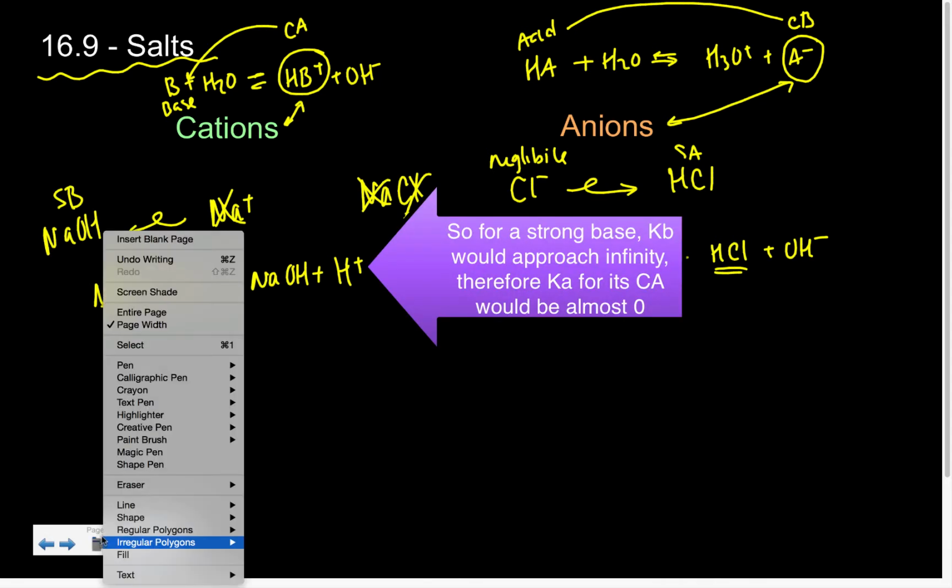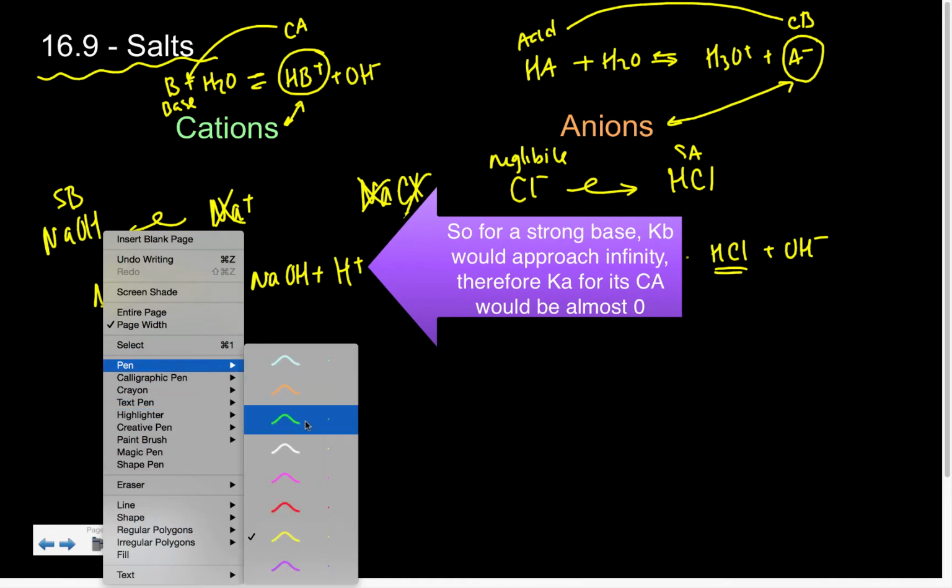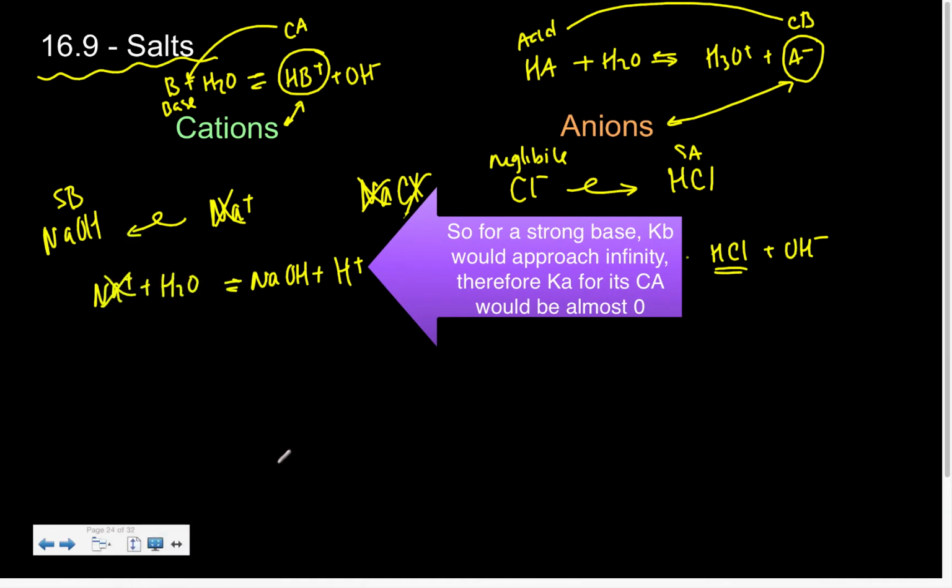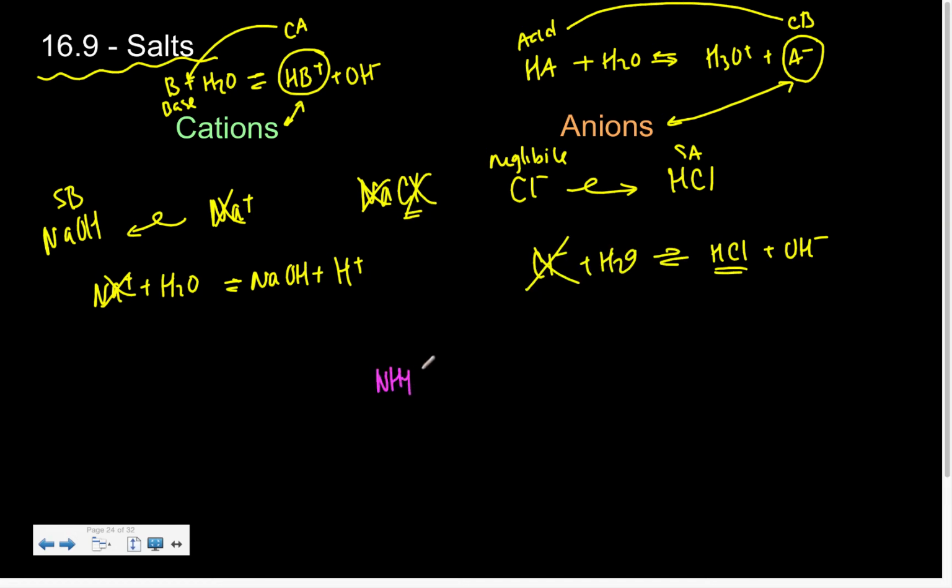Now that brings us to the whole other category of things, the weak species. So let's say instead that we have NH4. So what's this? Ammonium acetate. Here we have C2H3O2-, and again this is my anion component. My anion is going to be the conjugate base of